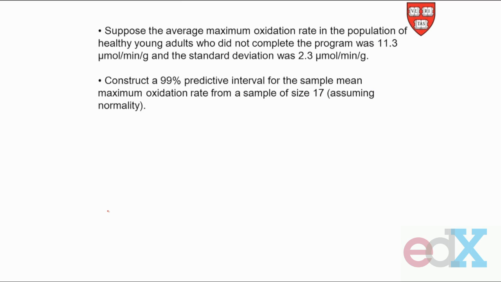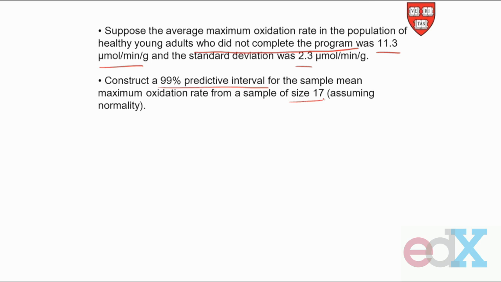So suppose that the average maximum oxidation rate in the population of healthy young adults who did not complete the program was 11.3 micromoles per minute per gram, and the standard deviation was 2.3. Now we're going to look at the predictive intervals. Recall what a predictive interval was. We're going to look at a 99% predictive interval for the sample mean maximum oxidation rate from a